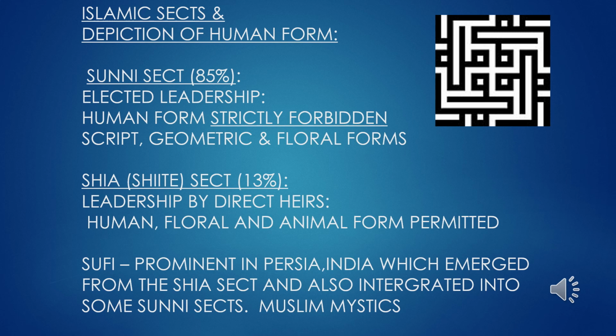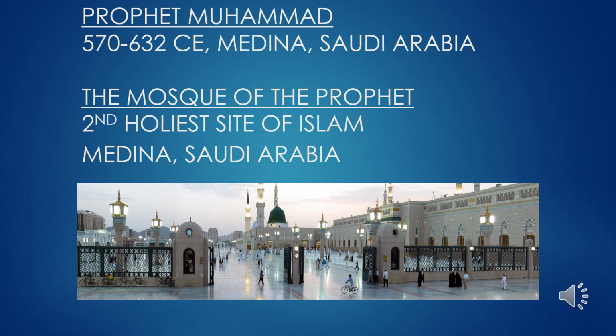So I'm not going to wade too deep into all these waters, but the main bottom line is they tend to be more iconoclastic, meaning they're not going to show an image of Muhammad. They usually represent these kinds of allegorical or symbolic things via geometry or stylized plant motifs and those kinds of attributes that depict these religious principles.